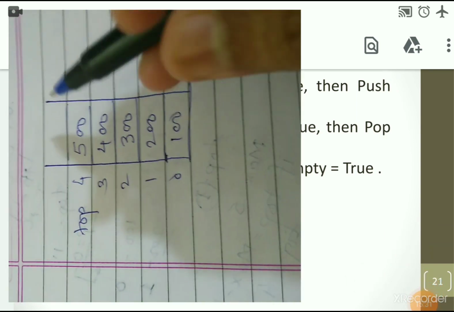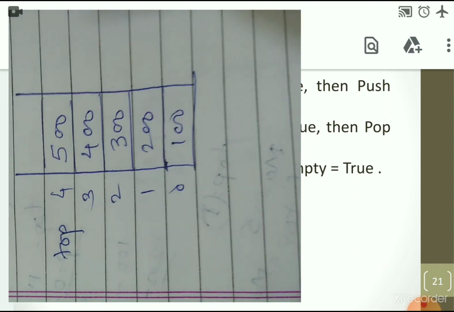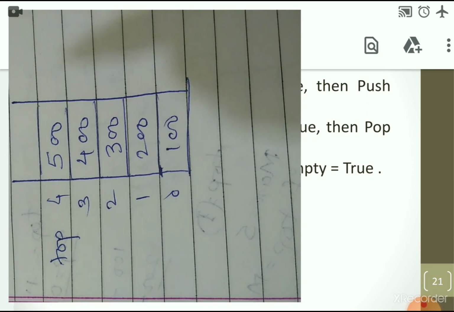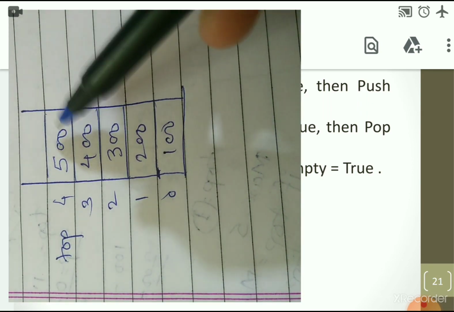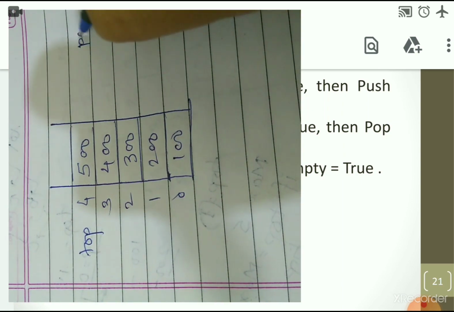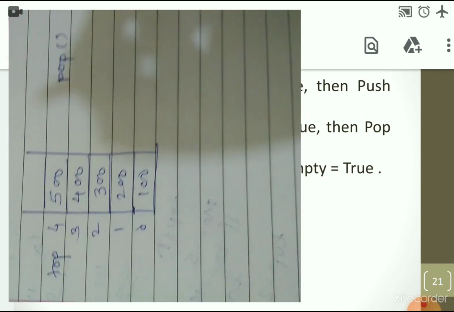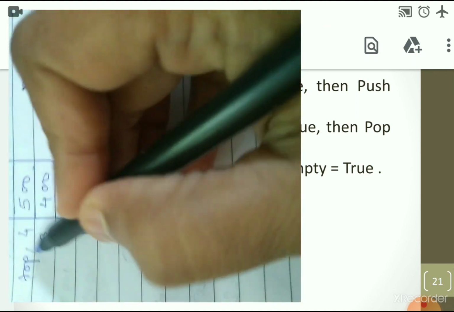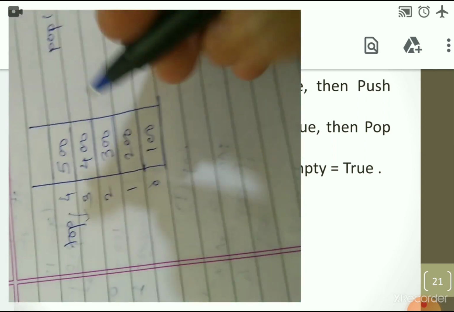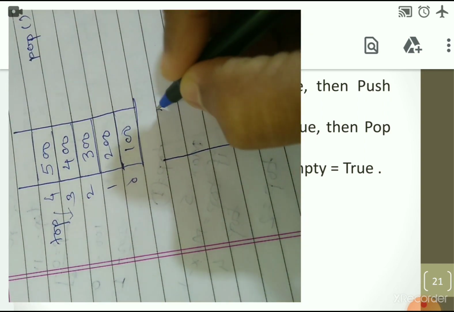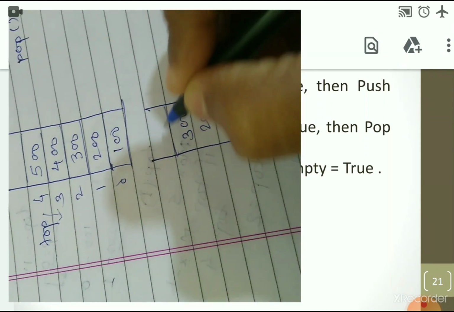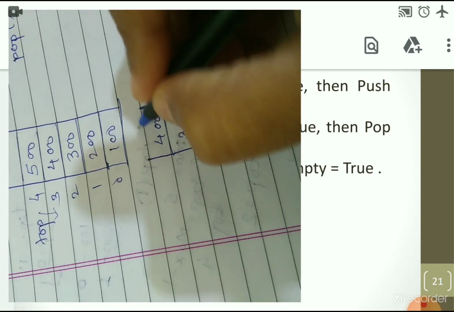Now again look into this. Now we have done with the push operation. We have inserted 5 elements into the stack. Now there is no place for the new element because the stack is full. Now when we want to pop out some element, we just have to call the operation pop. When we say pop, that means it will remove one element. So what will exactly happen? Again, top will decrease by 1. So top will go to the next element, that is 400. So here it is 100, 200, 300, 400, and the 500 we have to remove.